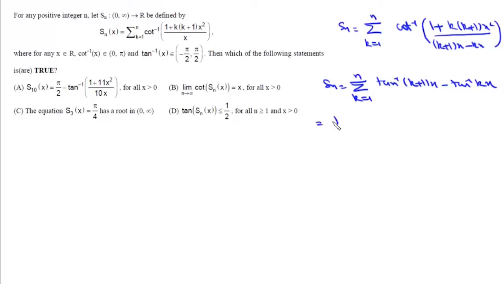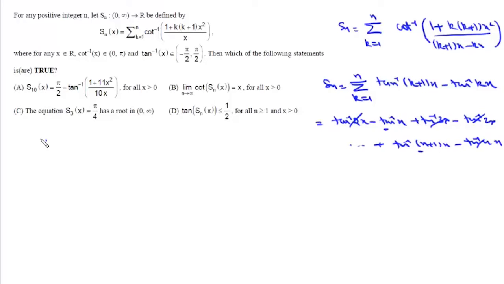When k is 1, it will be tan inverse 2x minus tan inverse x, plus tan inverse 3x minus tan inverse 2x, and we'll continue up to tan inverse (n plus 1)x minus tan inverse of nx. Now these terms will cancel. Since this second one here, in the end, it will be this term. So we can write this Sn as